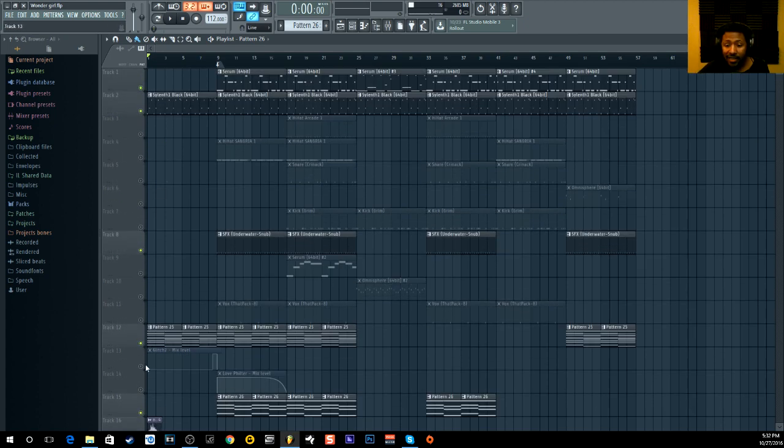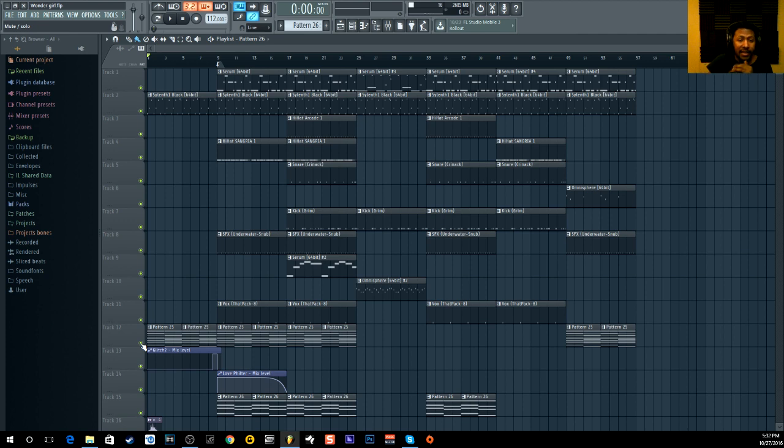But the tape stop effect brings it right into it and gives it that energy. You got that build up, and then it's like, why is it going off, and then boom, the 808 stuff comes in, and it gives that impact, that punch, and it knocks the listener's ears open. You know what I'm saying? So if you listen to it without the tape stop, that's what it would sound like. Yeah, kind of straightforward. It's cool, but with that tape stop effect, now you have that.